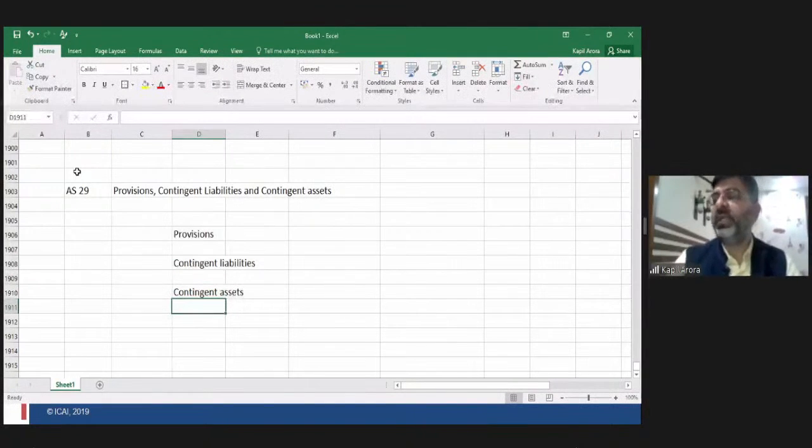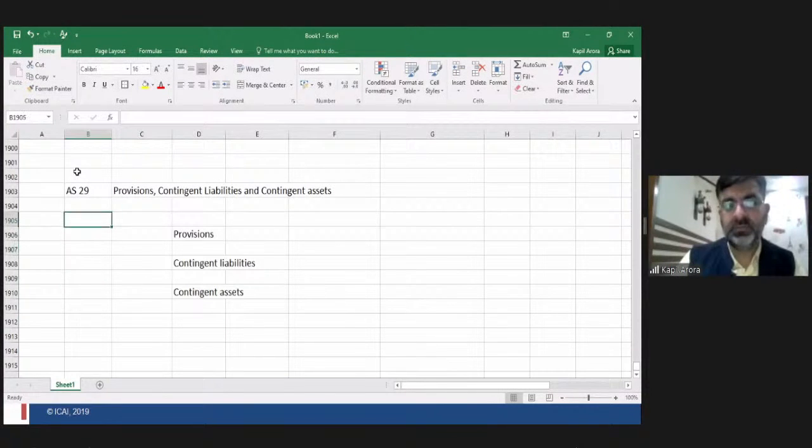Now, what do we mean by any sort of contingency, right? We can just discuss the brief because we are almost over with our time. We just have 5 minutes, so we can talk about the brief of this. What do you mean by any sort of contingency? Contingency means that when things are uncertain,